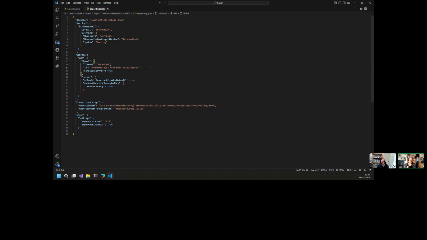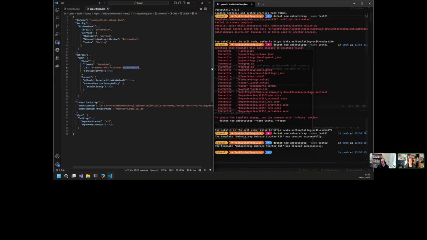Now, if you were to get lots of people to use your starter kit and we didn't change this GUID, the telemetry stats would get a bit confused because there'd be lots. So what we need is to tell the template that this is a GUID that needs to be replaced with a randomly generated new GUID. So if you could copy that GUID